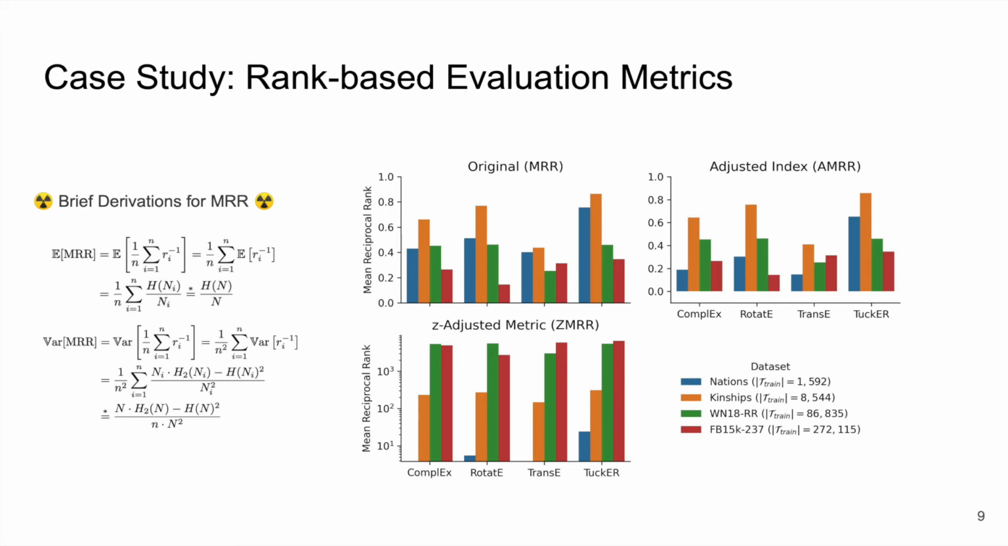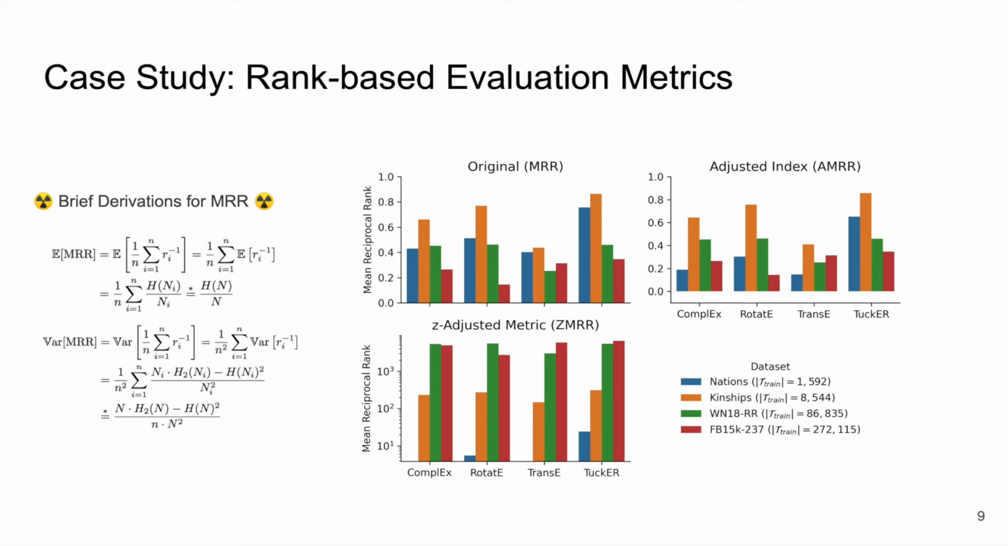And there's a few major insights just from this one picture, focusing on the mean reciprocal rank. First, the base metric suggests that ComplEx performs similarly on WordNet 18 RR and Nations, but the adjusted metric and the z-adjusted metric show that the difference is actually more remarkable. Second, the base metric suggests that TuckER performs better on Nations than on WordNet 18 RR, but the adjusted metric and the z-adjusted metric show that when improving comparability by adjusting for size effects, TuckER actually performs better on WordNet